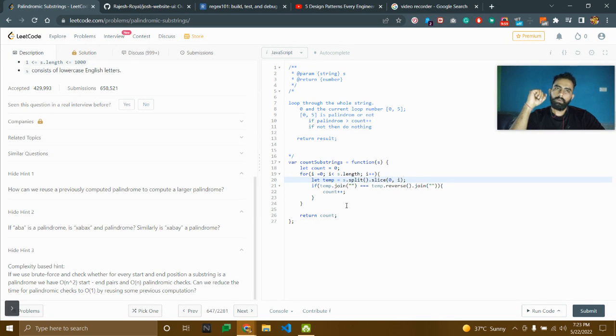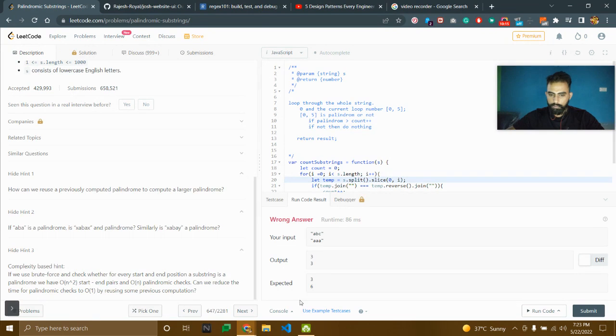So what if all the characters are one character? What I'm going to do is count plus plus. Let me see what the output of this was. Right now, what our program is going to do is loop through this from 0 and join. Yes, it's the solution. Then it's going to check if A is